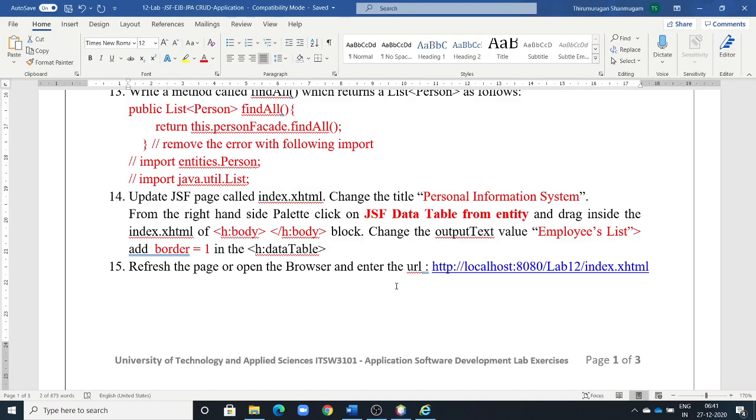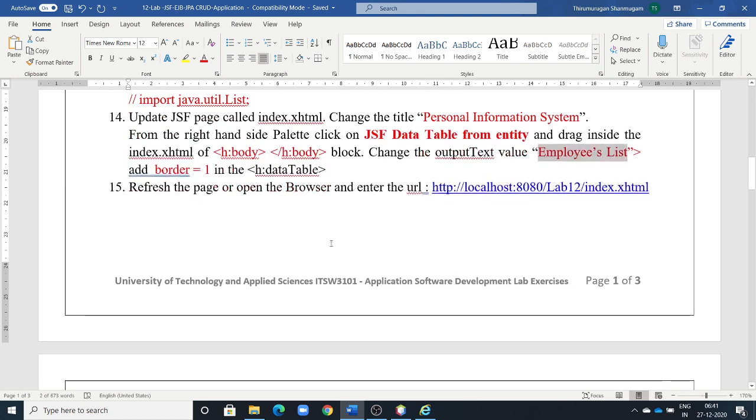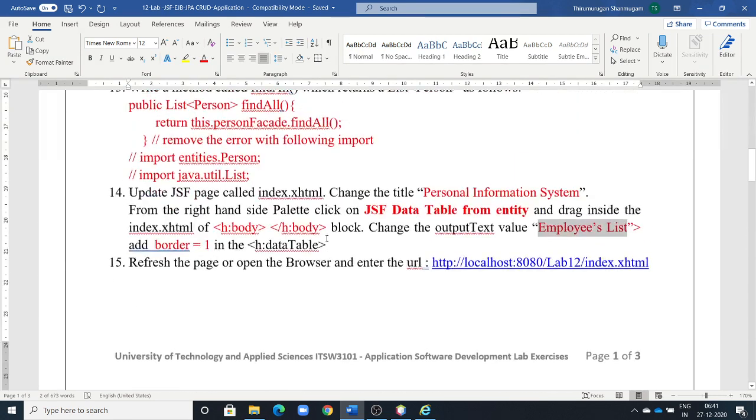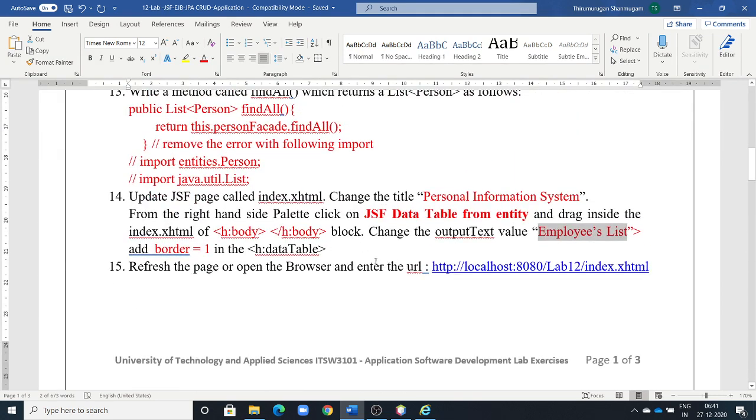Okay, now after the data table, it will display. Now see, there is no need to run. We are going to refresh the page, or open the browser and enter the URL. This is the URL. If you create another name, it will create.